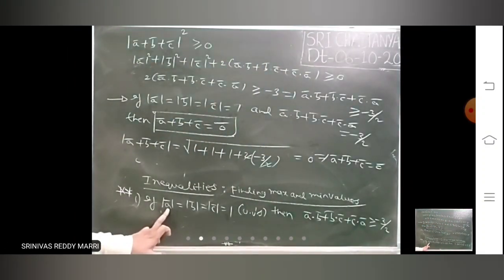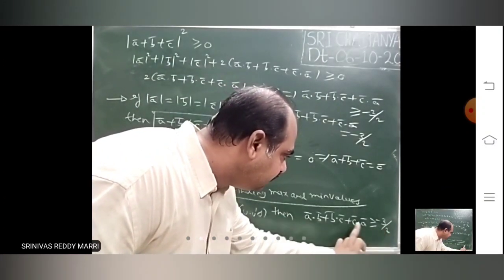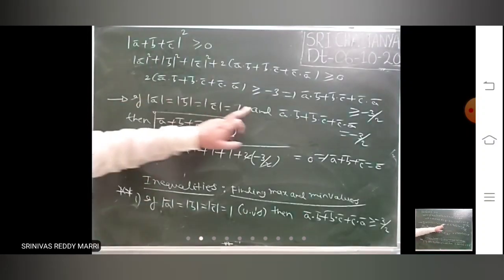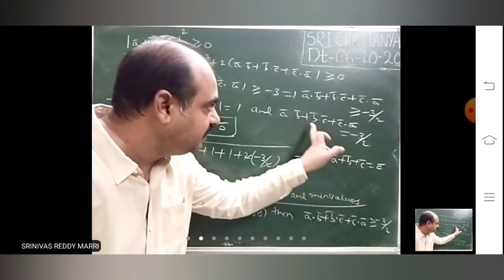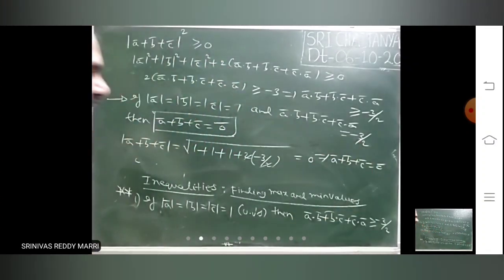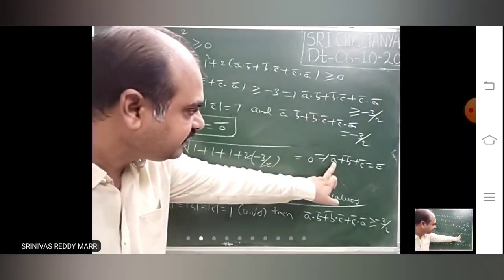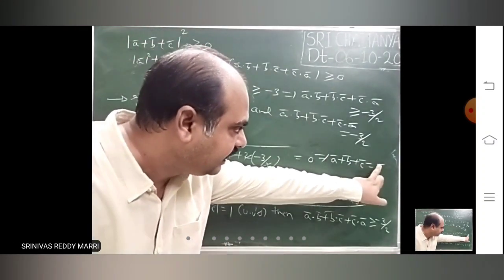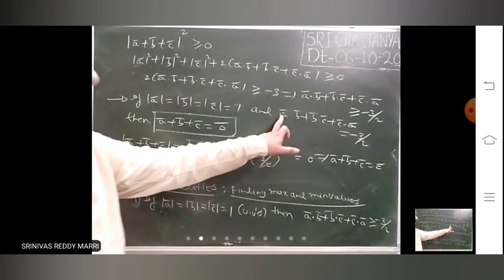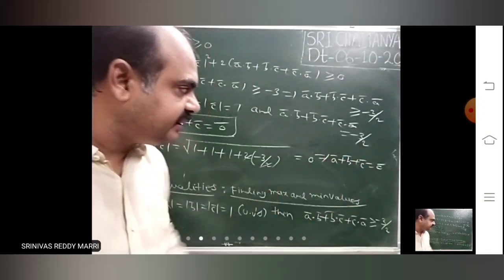If there are 3 unit vectors, then A·B + B·C + C·A will be greater than or equal to −3/2. When will the equality hold, equal to −3/2? Only if this resultant is 0 bar. Whenever these are 1 given and this is −3/2 given, A bar plus B bar plus C bar is 0 bar. This is a very important term. Equal to −3/2 whenever he will give, you write this one. This will satisfy.